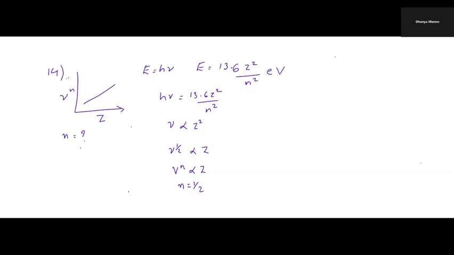If nu is directly proportional to Z, then we will get a straight line graph. So the value of N is half. So this was our 14th question. Okay. The 15th one is